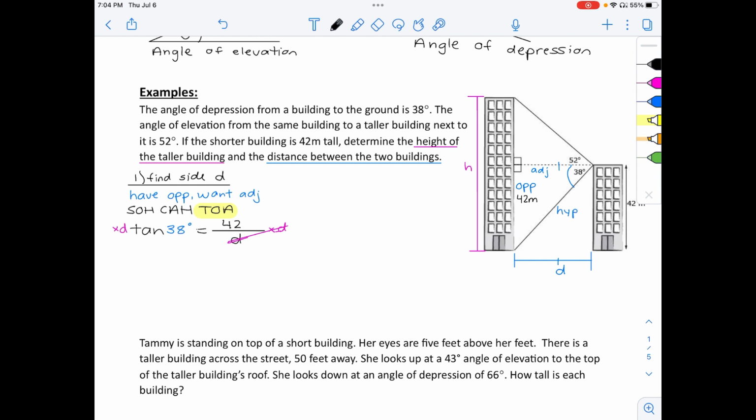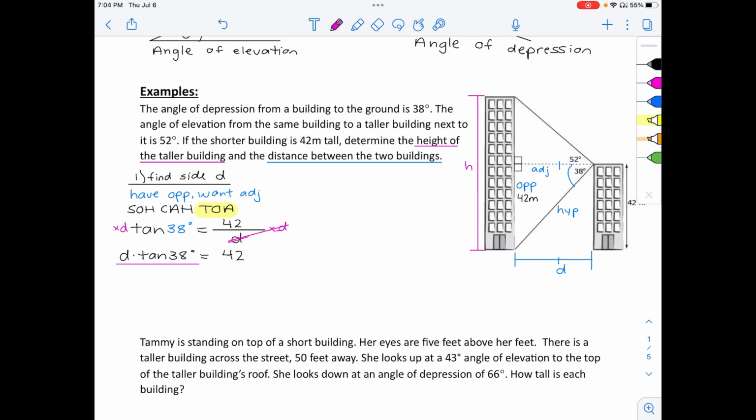Okay, then I have D times tan 38 is equal to 42. And then I'm going to divide by tan 38 on both sides to fully isolate for the measure of D. Okay, this will cancel out here. And if you type that in on your calculator, you should get 53.8